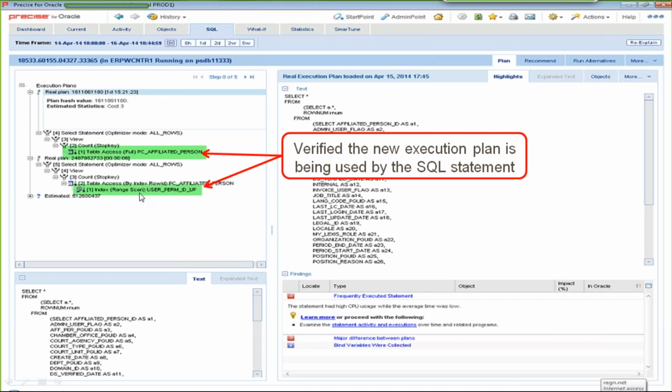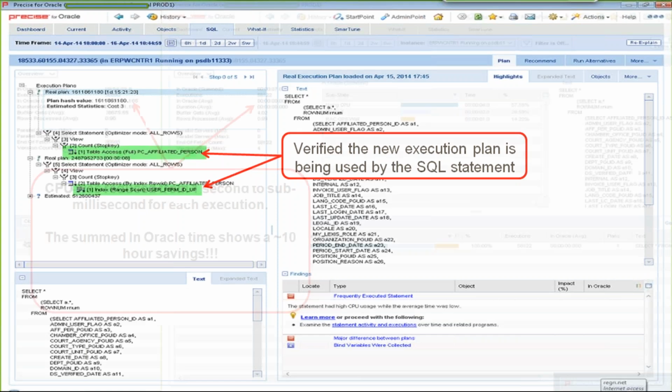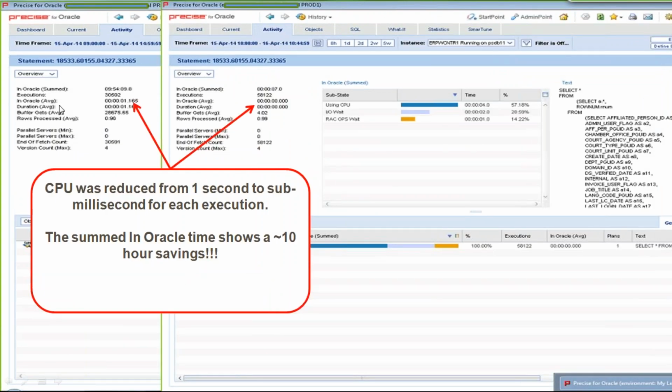One of the really important things anytime you're doing optimization is to measure before and after. And here we're basically just saying that after the new index is created, it is being used. The next step is to look at execution time before and then after. These numbers might be a little bit small, but let's just review them. The average execution time had been 1.165 seconds. And for a little over 30,000 executions, it actually adds up to 9 hours, 54 minutes, 9 seconds' worth of